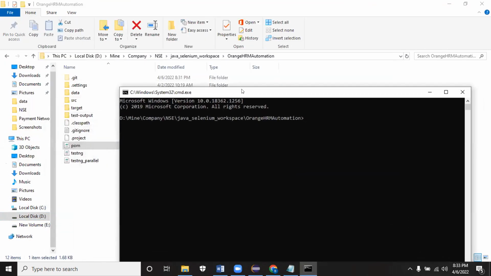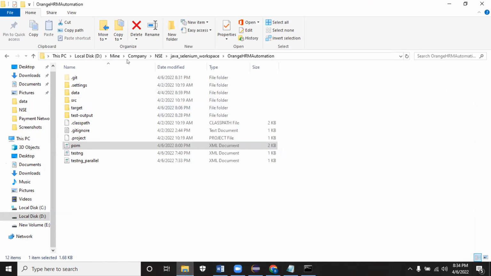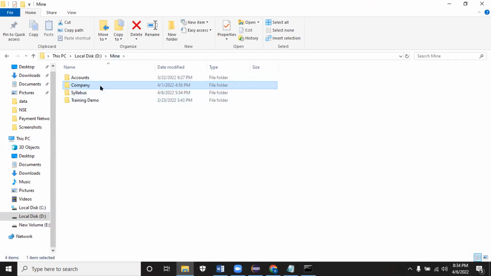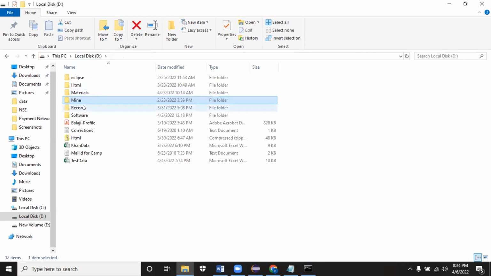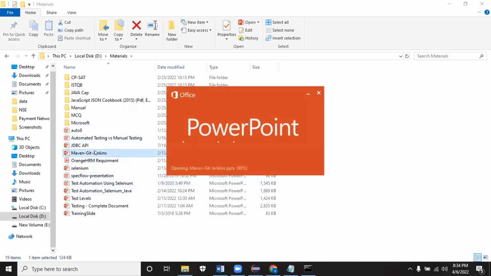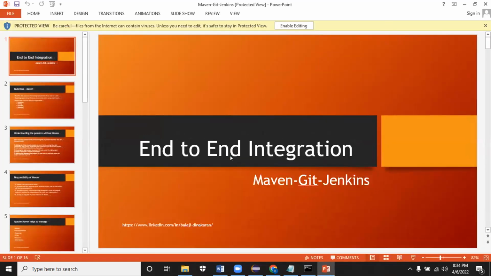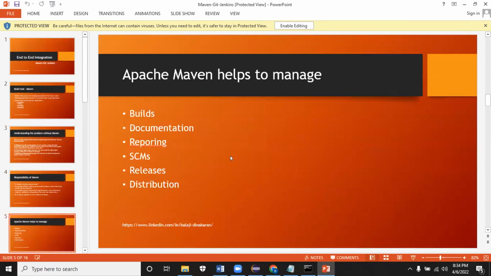Here, I have lots of goals. There are lots of goals in Maven. Maven is basically used for managing the build completely, starting from scratch till the deployment. You can take care of that with the Maven project. While configuring Git and all, we'll be running using Maven commands. So basically, you should know how to run it using the Maven command.